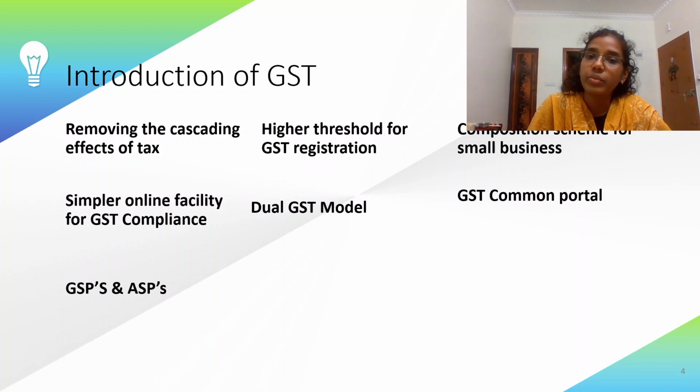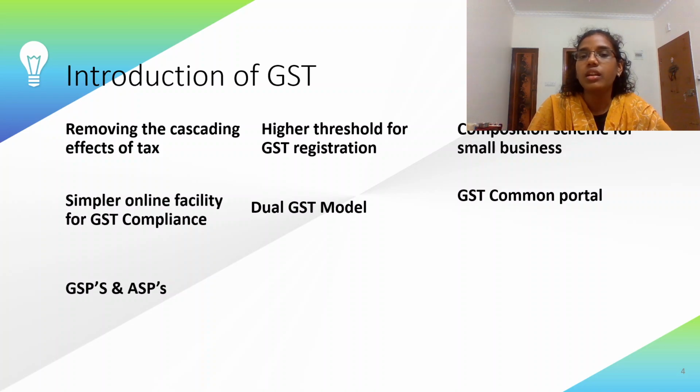It is mandatory for a business to register under GST only when its annual turnover crosses the threshold limit. Let's have a look at the threshold limit. It is 40 lakhs when the annual turnover is more than 40 lakhs in the case of a business engaged in goods in normal category states. In the case of special category states, if the annual turnover crosses 20 lakhs in a financial year, they have to register under GST. If the business is dealing with services, if their annual turnover crosses 20 lakhs,